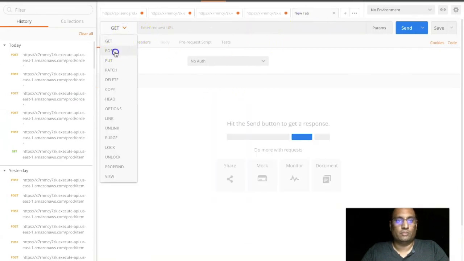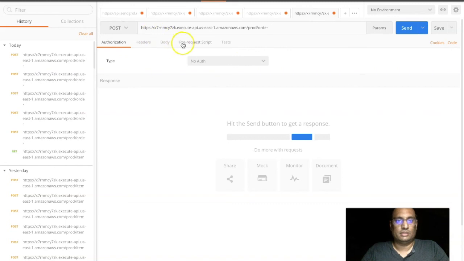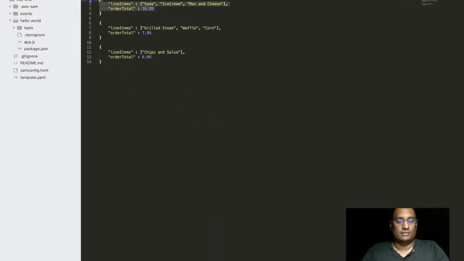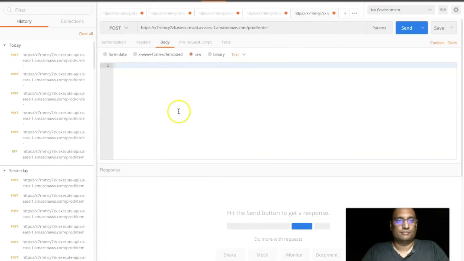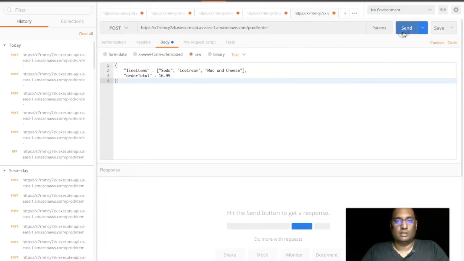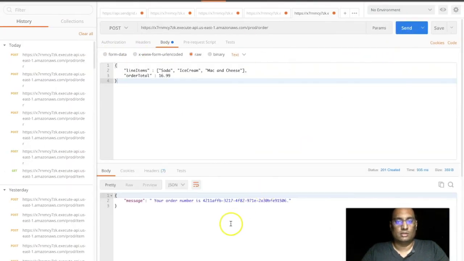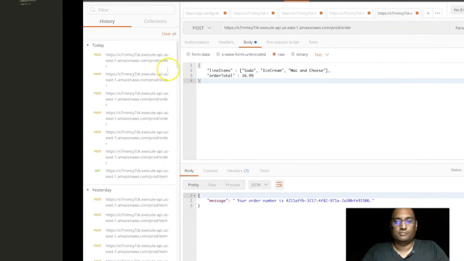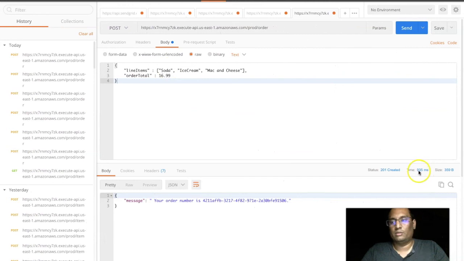create a new post endpoint, paste it, and the request body, the raw body will be, let us first post this, send it. Okay. If you notice, the first call took almost a second. That is because there is a concept named cold starts.